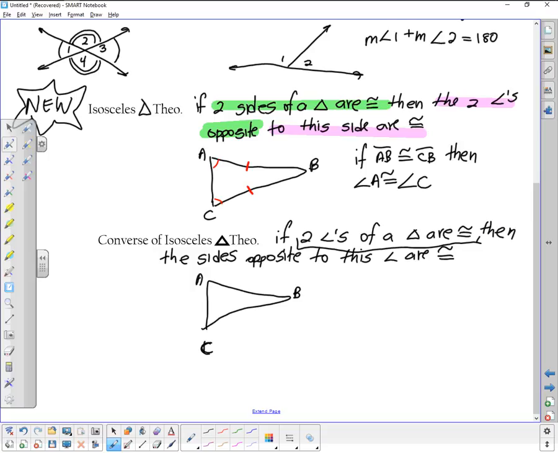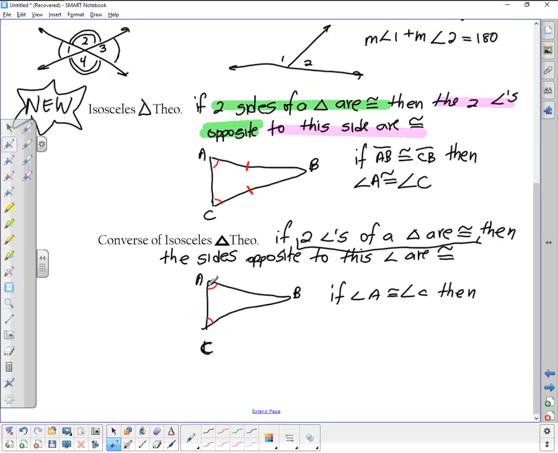So you're assuming that's true. So if two angles are congruent, let's say that this angle is congruent to this angle, then the sides opposite are also congruent. So I'm going to say the following: if angle A is congruent to angle C, then